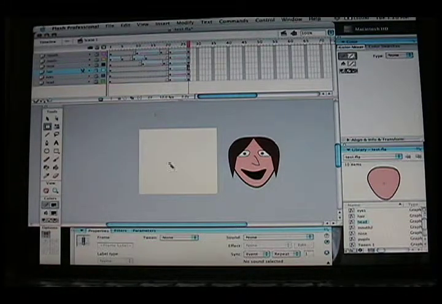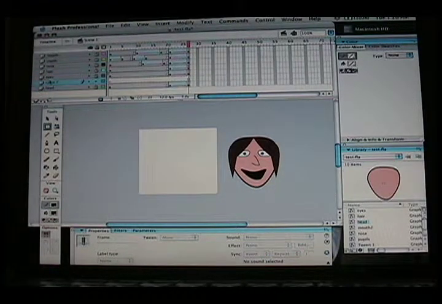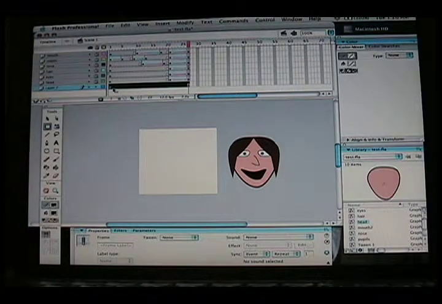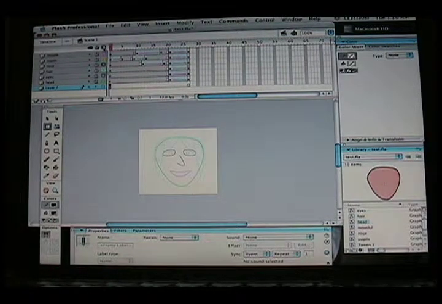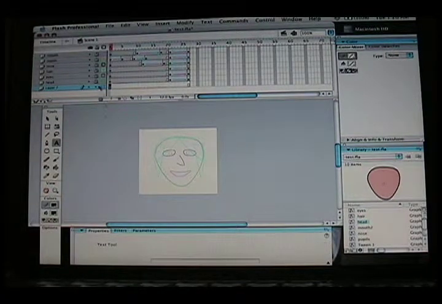Now one thing you could do is when the head moves away, let's just say you kind of want to reveal something, let's just add in something like a text. Now one thing you can do if you don't want to see your head, you can outline it by hitting these. That way you can see the shapes but you don't have to see what's in front of it. That's normally what I do if I'm working behind something. But let's just add some text in,